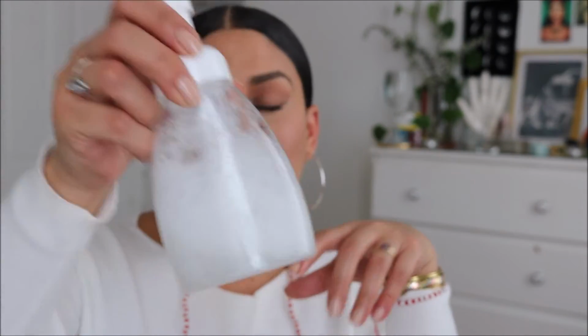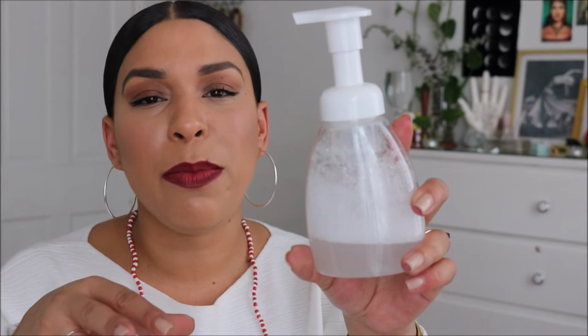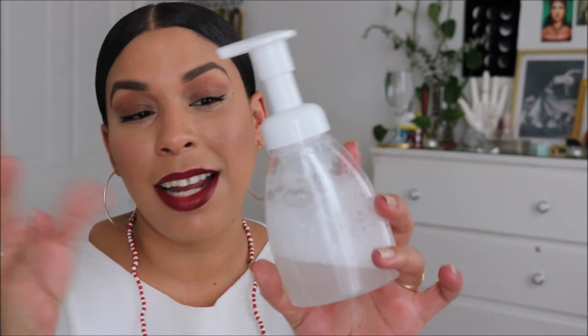This is my feminine hygiene product that I use. I make it almost once a month or once every 2 weeks, depending on how quickly I use it, but truly one of my favorites and has never failed me, and I just thought that I'd share with you guys. And if you want to check out that video, now, a while back on my Instagram, I did share